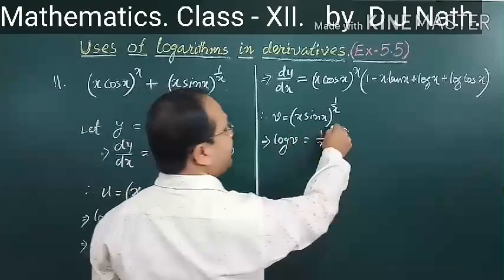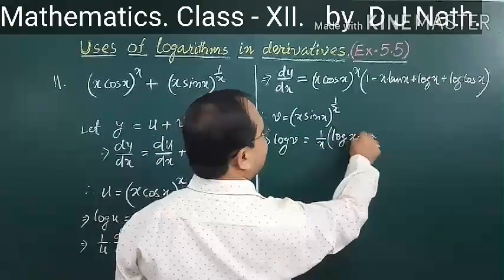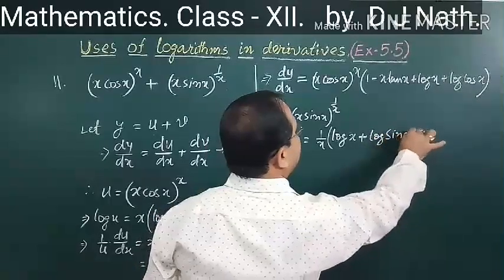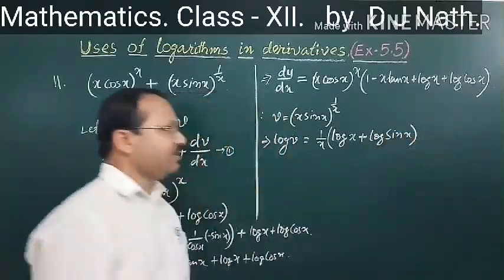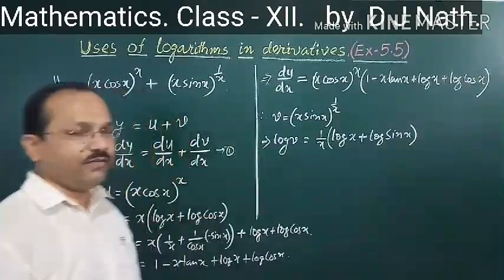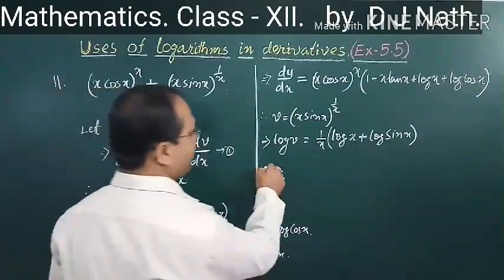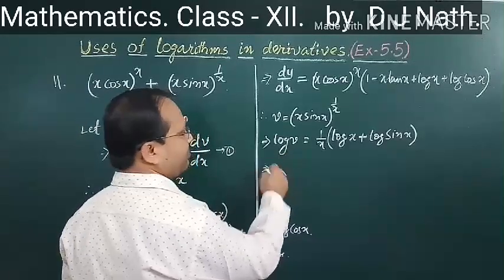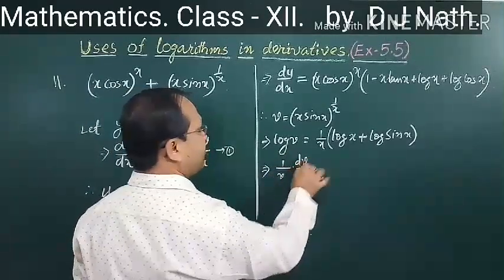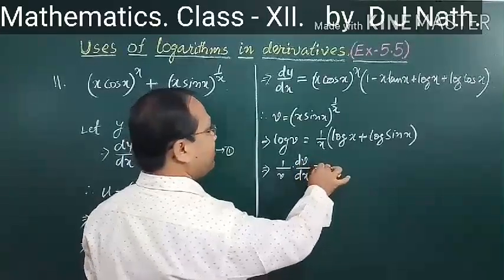It can be written as log of x plus log of sin x. Okay, so now we have to do the differentiation. Differentiating both sides, 1 by v into dv dx will be equal to